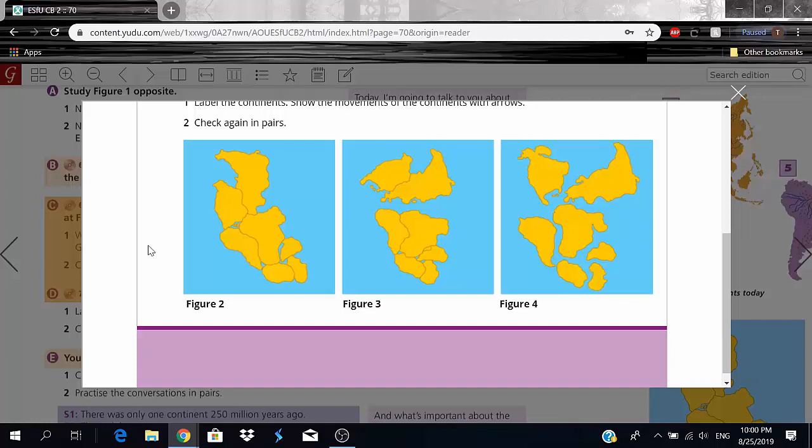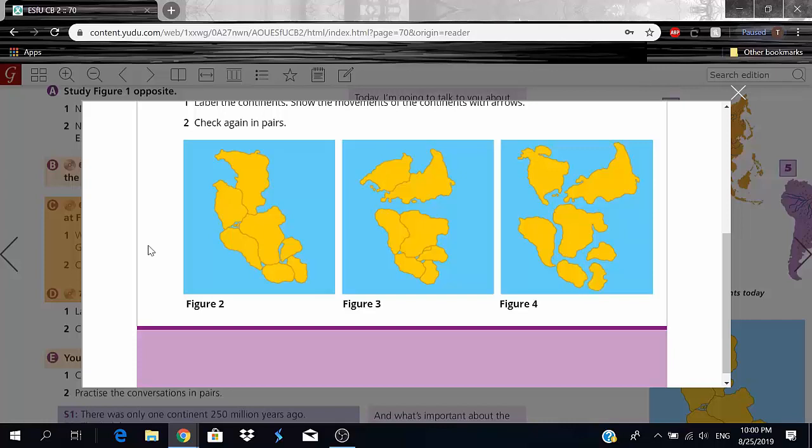This word, of course, means all seas. We now move forward about 50 million years. We are now looking at about 200 million years ago. At this time in the Earth's history, there were two continents. Scientists called the continent in the northern hemisphere Laurasia, and the continent in the southern hemisphere Gondwanaland.